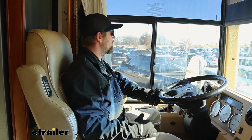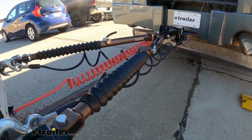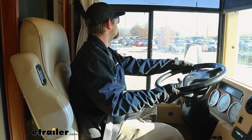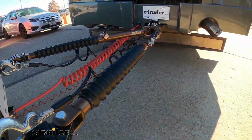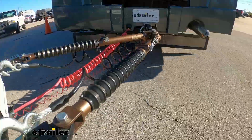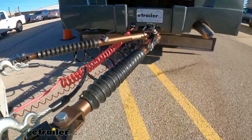And a tow bar that can perform well can really be clutch in a situation like this. So we'll see how it does here around some of these real tight turns, and if we can manage to sneak around this parking lot here without any issues. We'll hit our first turn here, and I'm watching our vehicle behind me, and I'm manipulating it how I would, where I'd want it to go essentially. So as I'm turning, our vehicle's following suit